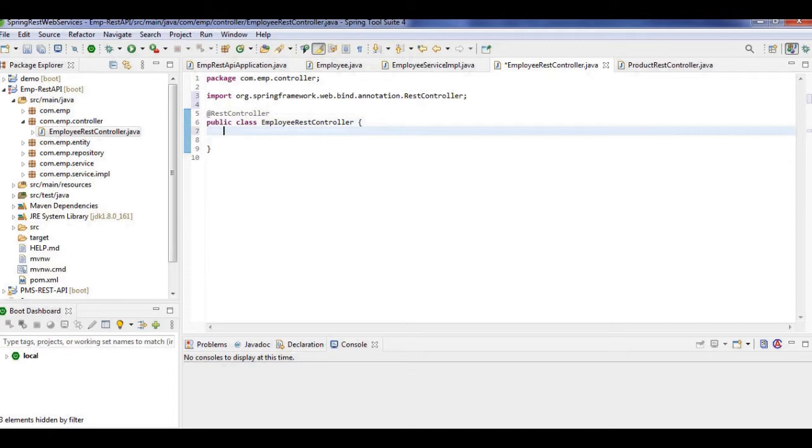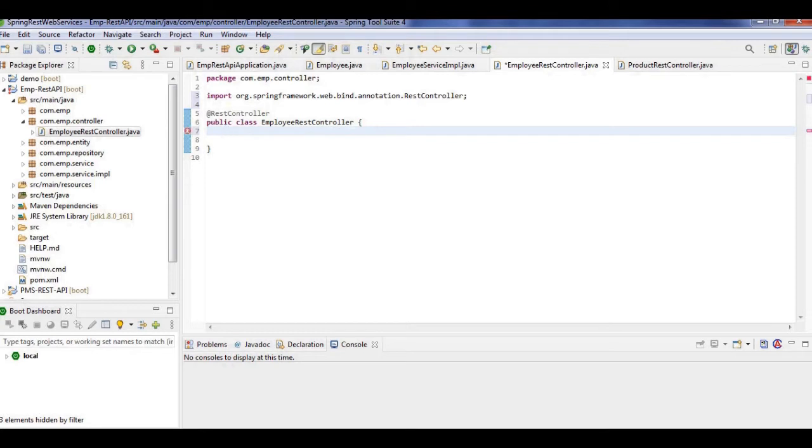Now as I told you, it is basically going to call the service layer operations. So it is dependent on the service, so we are going to do the auto wiring.